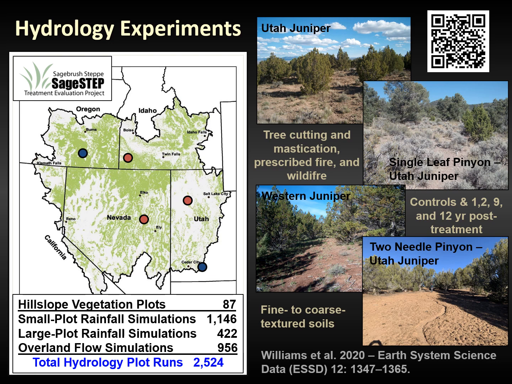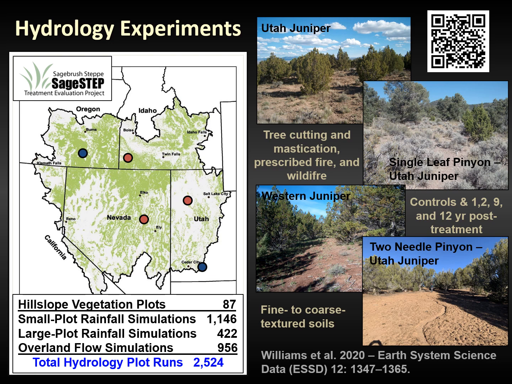Since the early 2000s, we've been conducting the aforementioned field experiments at multiple sites spanning the Great Basin region, as shown on the map to the left. Sites noted with red symbols are part of the SAGE-STEP study, and locations noted with blue symbols indicate additional study sites. The study sites span a range of vegetation types, conditions, and soils, as noted to the right, and include